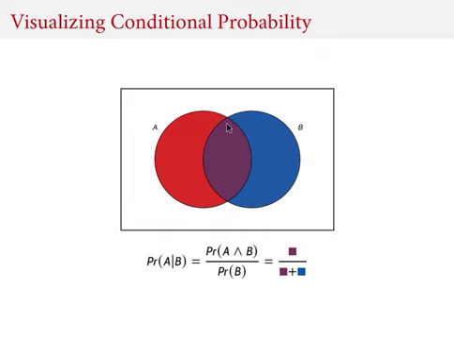So that is to say that the bigger this purple area is, the more of B that this purple area takes up, the more probable that A is given B. And in this case, B is the premise, so we assume the premise is true, so we only care about the space within B. And then, assuming that's true, we wonder about how much of that space does A take up. And the more space that A takes up, the more the probability of A given B approaches 1, and so the more the premise supports the conclusion.